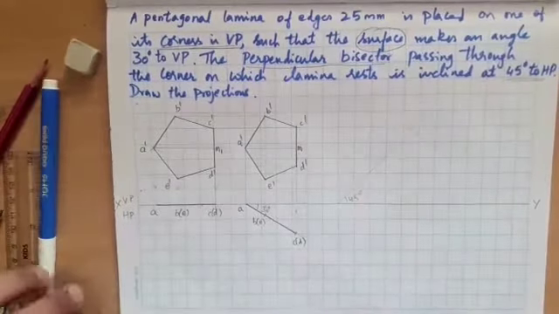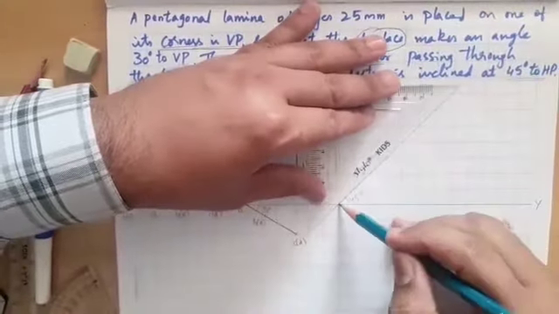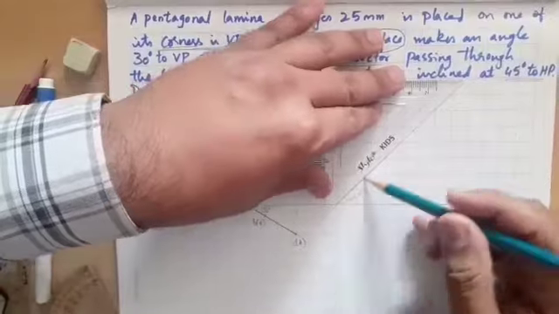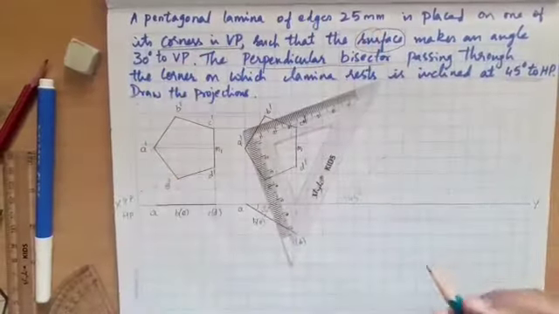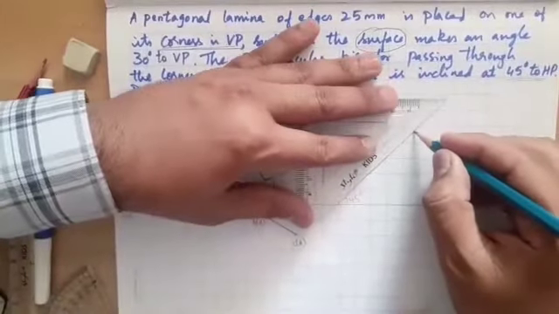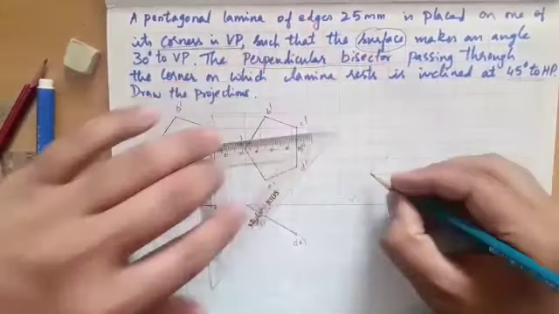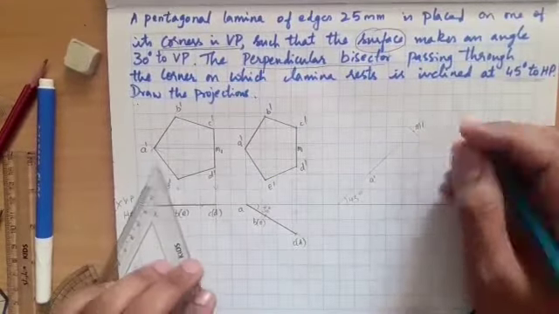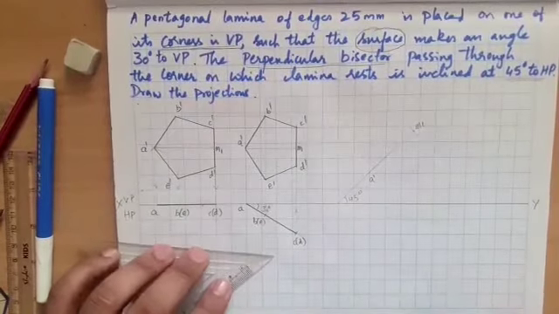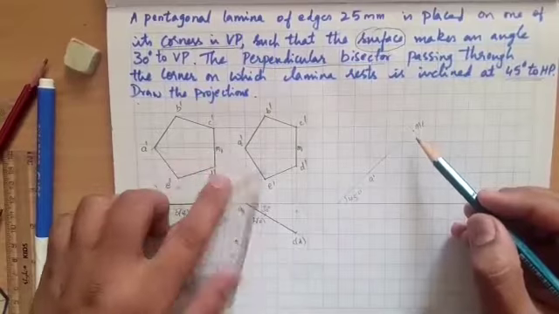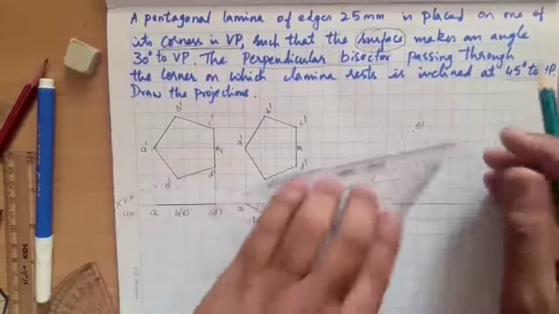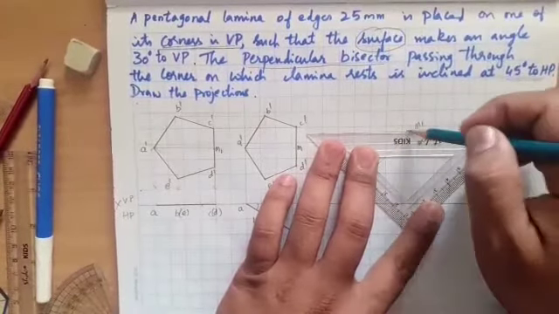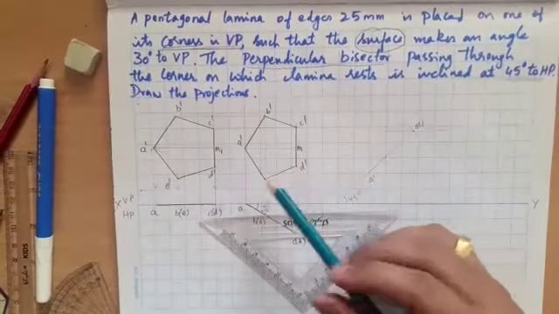I'm going to extend this 45-degree line. Name it immediately: this is A dash and this is M1. A dash to M1 is equal to the true length of the perpendicular bisector. Next, draw a locus here. I have drawn a locus of this perpendicular bisector corner M, endpoint M1.